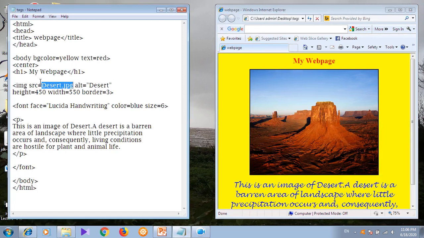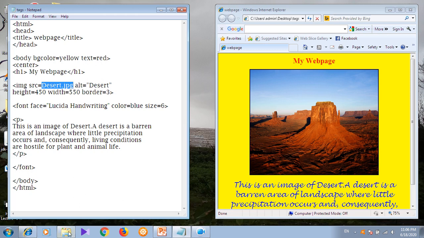So I have written here IMG, that is image tag, then compulsory attribute of image, that is src. src stands for source. It specifies the path to the image. That means here as a value we have to write image name that we have copied in our folder.